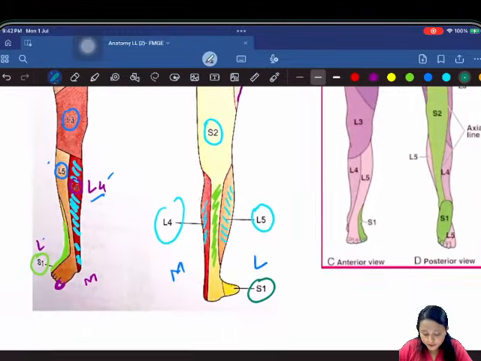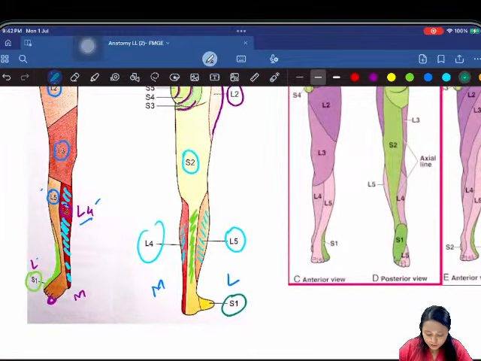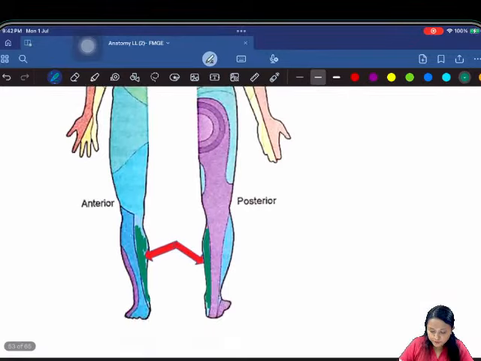So mostly they are asking about the medial aspect. In the question they have marked the medial aspect of the leg. Okay, if you see the question you can see